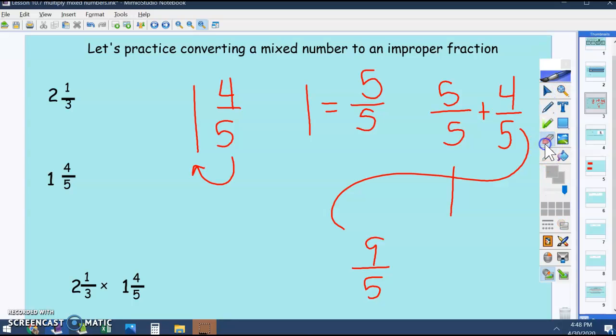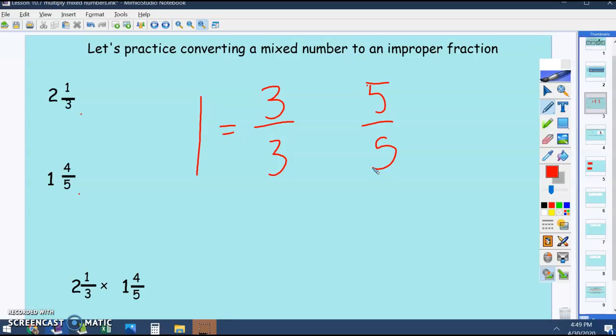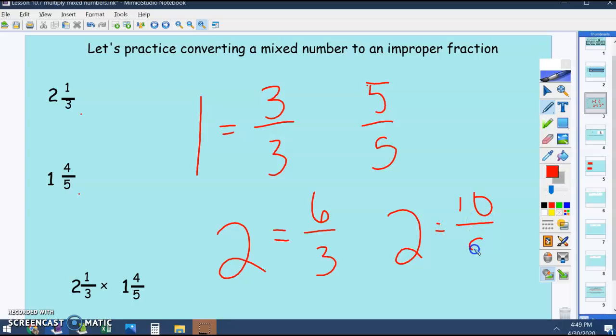Okay. So you can think of it as pictures, or I always think of 1 whole as being, whatever my fraction is that I'm using, whether it be fifths or thirds, I just make it 3/3 is equal to 1 whole, or 5/5 is equal to 1 whole. So if this was going to be 2 wholes, I would just make it 6/3. I could also make 2 wholes equal to 10/5. And if you look at these more closely, if I multiply 5/5 by 2, because I want 2 wholes,